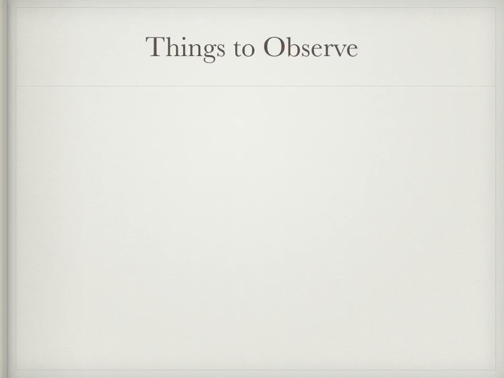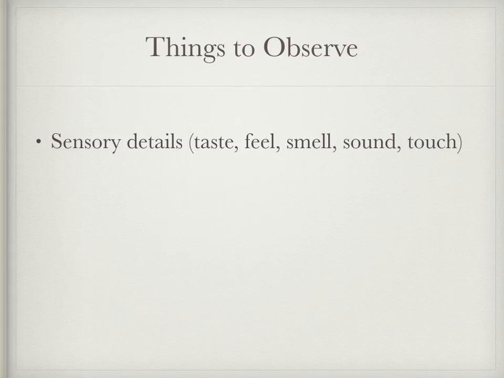So some things to observe are, first of all, your sensory details. And they're your 5 senses: the taste, feel, smell, sound, and touch. Always go there first and describe those things to the best of your ability. We'll talk about that in just a minute. Another observation is missing details. If you come home every day and mom already has dinner started and you can smell her stew in the pot, or you can smell her firing up the grill for hot dogs that night, but one day you come home and there is no smell, that lack of a detail is also very telling, and it creates a mood.